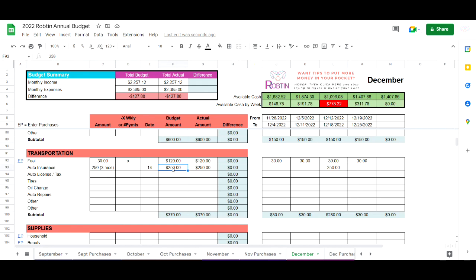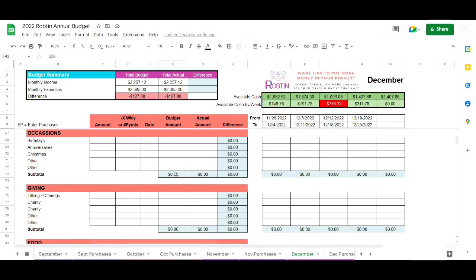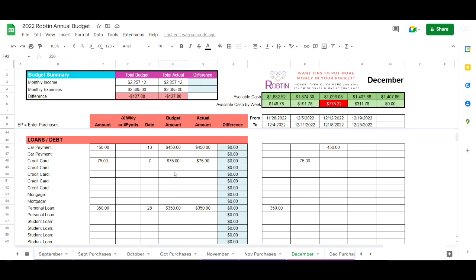All right. Whew, that was a lot. But that is how I do mine in order to remember these payments that are not every month payments, but yet they need to be added to your budget. Okay. I think that is really all there is on this one. So now that we've filled in some budget numbers,